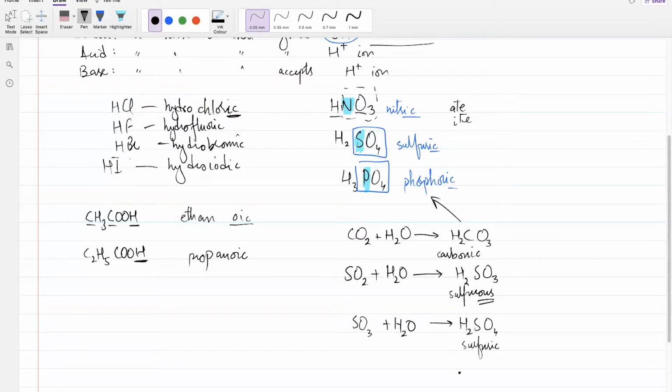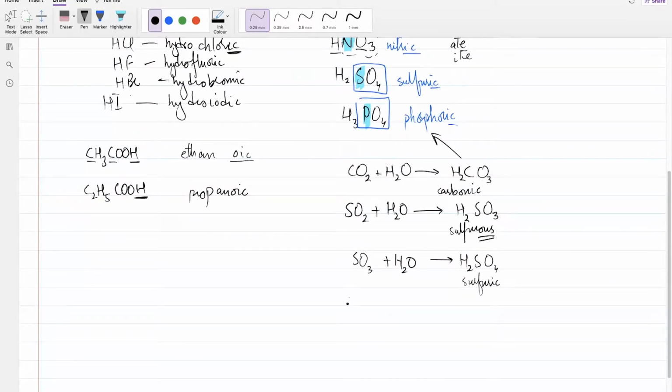So it's dissolving in water and doing that. I have nitrogen dioxide here. I put that in water. What do I get? H2NO3, nitric. So what's happening? These things don't have any hydrogen of their own. They don't have any protons to give away. But the moment they dissolve in water, they make water do the job. They make water lose that hydrogen ion.